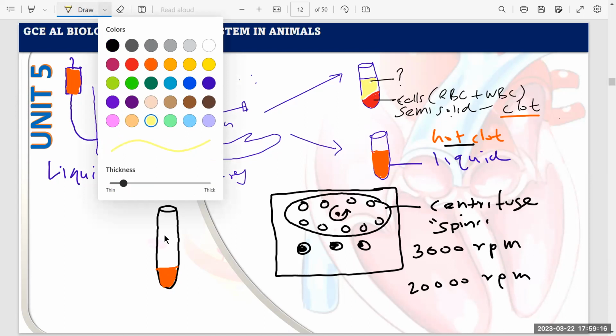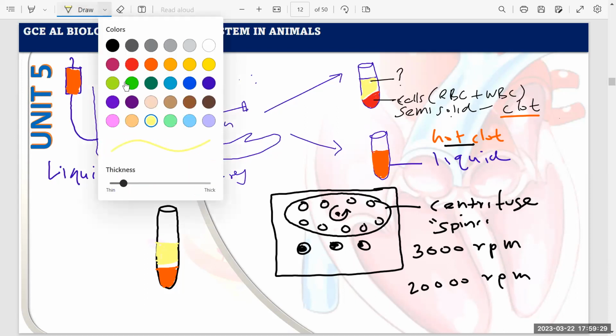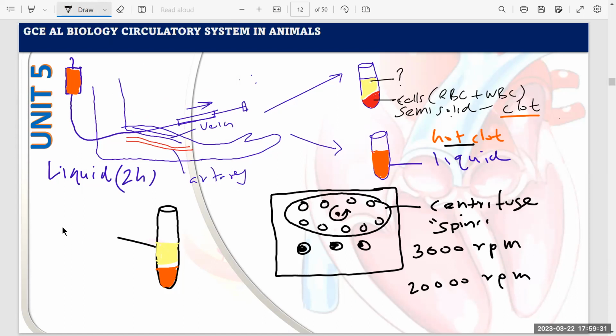And after that, this much is a pale yellow color area. So we can see 3 layers. These 3 layers: this is a liquid, this is the cells. So 2 types of cells, the middle,